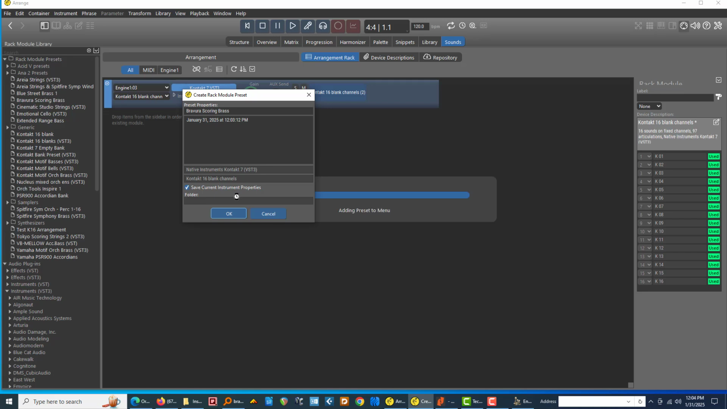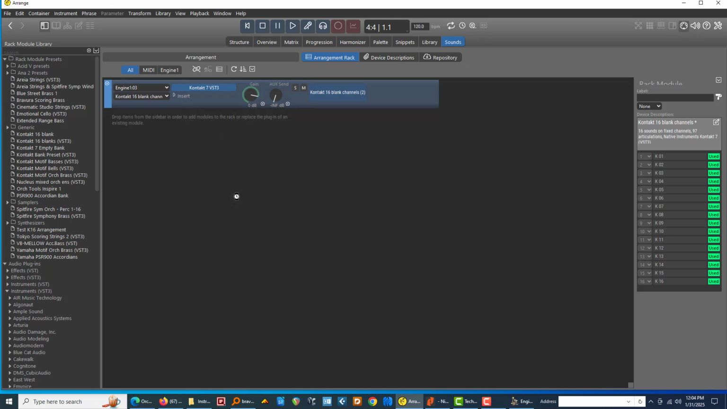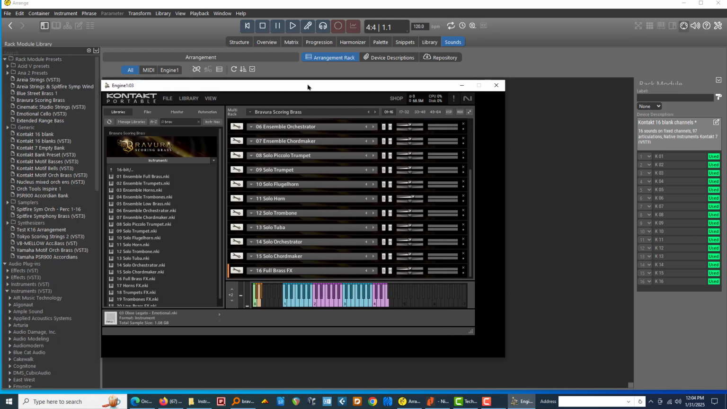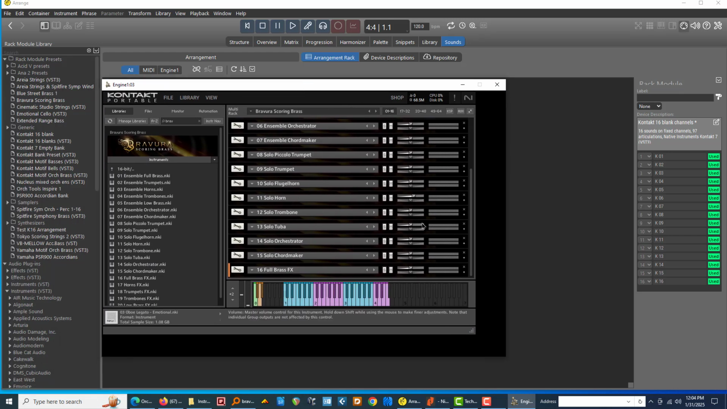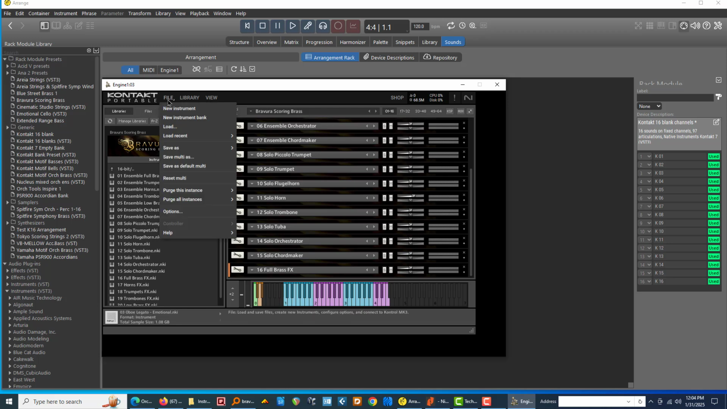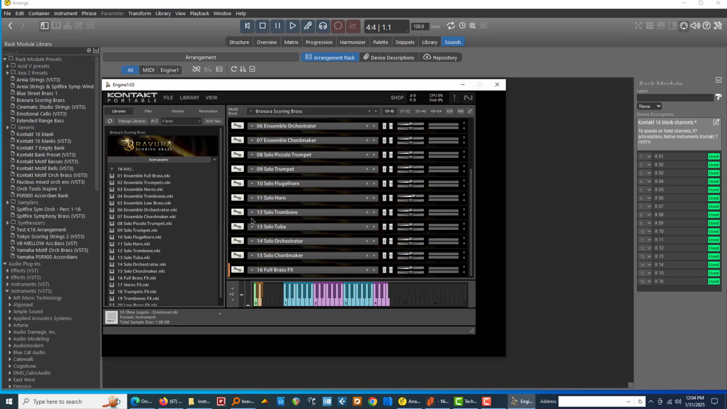It takes a little while. There's 16 instruments. I forgot to mention something. This is important to know about Kontakt. After you set up your multi in Kontakt, you want to go to File and New, Purge All Samples. Okay, so what this does is